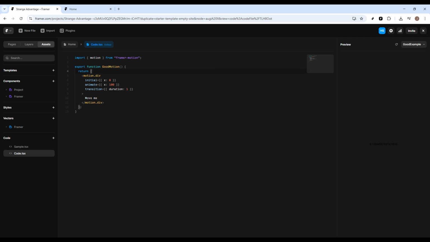Also, make sure the components using motion are properly exported. If a motion component is not exported correctly, or if it is being imported the wrong way, Framer may fail to render it consistently. Double check your component file, confirm the export is correct, and make sure the import matches